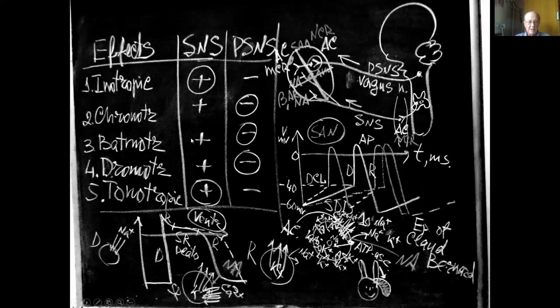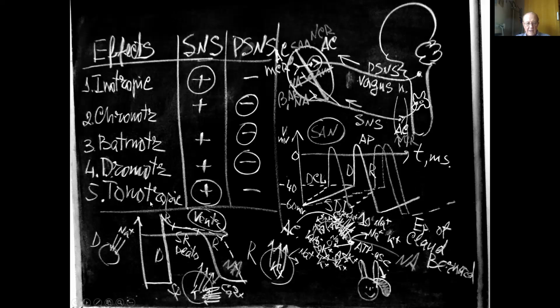Beta-1 adrenal receptors. First of all, if the sympathetic nervous system innervates both atria without innervation of the parasympathetic nervous system, it increases the force, the power of the heart contraction, and increases the tone during the diastole, a little bit increase of the muscle tone: positive inotropic and positive tonotropic effect.